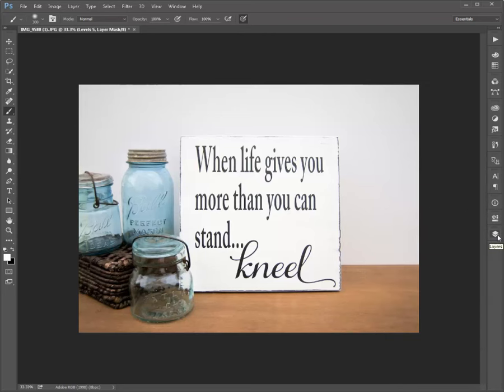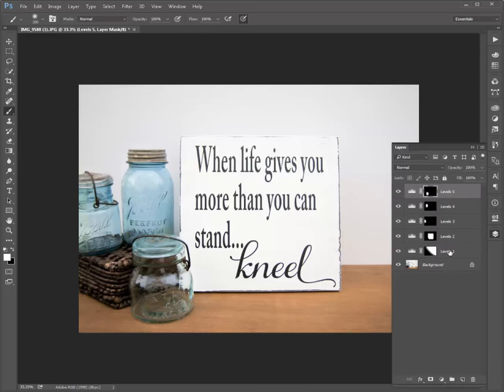All right, so there you have it. I think this looks good. You have your sign pop. These mason jars look better, and the image doesn't look so flat anymore. And you don't have to do this, but I'm just going to group these real quick just to show you. This was before, and this is after. So before, everything's kind of flat, and after,